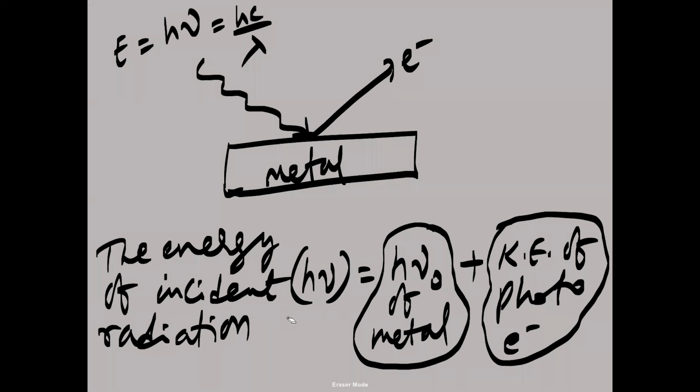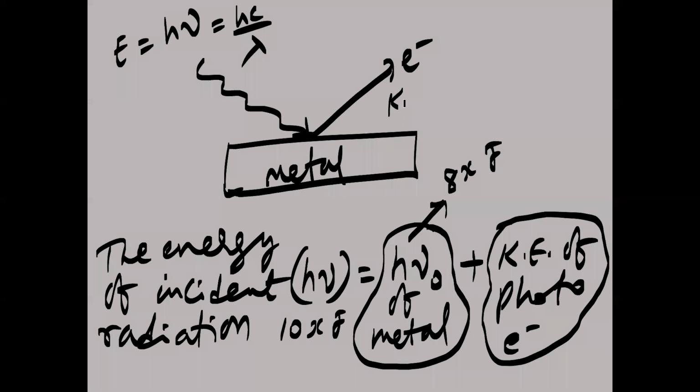Suppose 10x joules of energy is given, and the threshold energy of the metal is 8x joules. How much energy is the minimum required to remove an electron? 8x joules. That is the threshold energy of the metal, and 10x joules we have given. Now, how much kinetic energy will there be? The kinetic energy is equal to 10x joules minus 8x joules. That means the kinetic energy is h nu minus h nu naught.